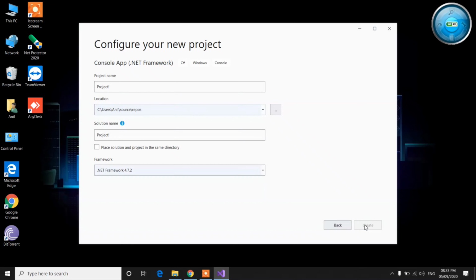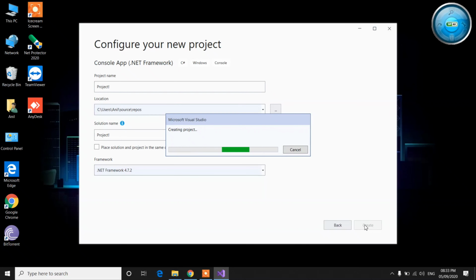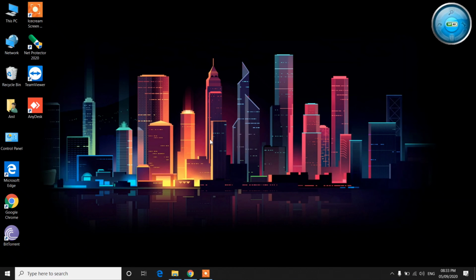Click on create. Now it will create a project with the console application. It's the first time, so it will take some time to create.